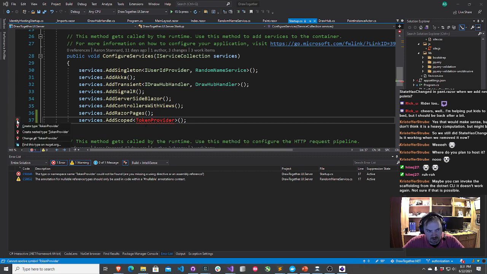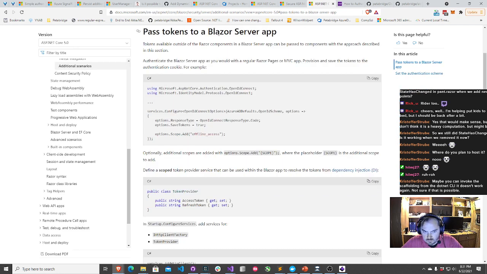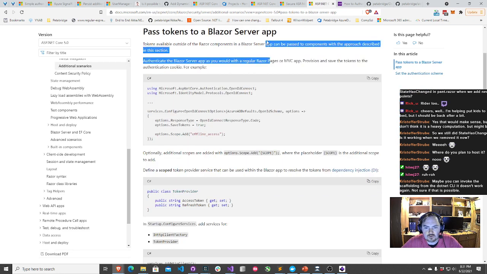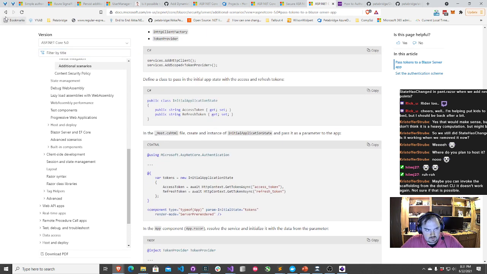And something should be happening, right? If using token provider, which I guess we're not, pass tokens to a Blazor server app. All I'm just doing is authentication. What do I need that for? Okay.